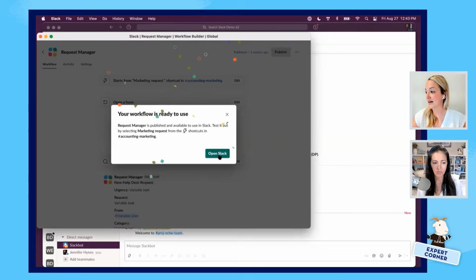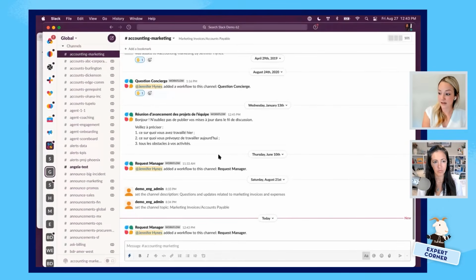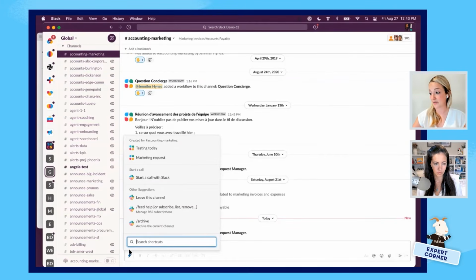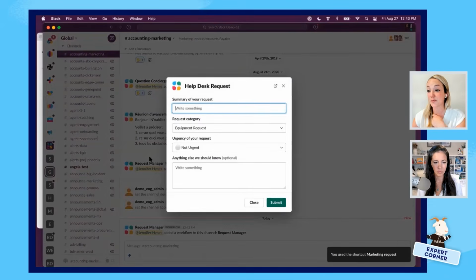Same thing, we'll go ahead and publish it. And if we come here, I can either click on this button right here and find the marketing request, or I can use my keyboard to type in a / command and start typing, and it will pop up, if you're someone who likes to use your keyboard instead of your mouse. Okay, so I get this form popped up right here.